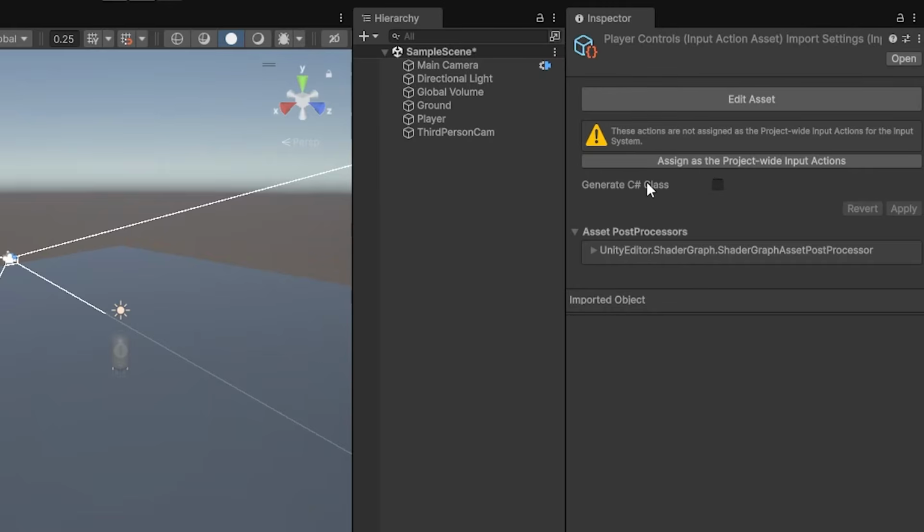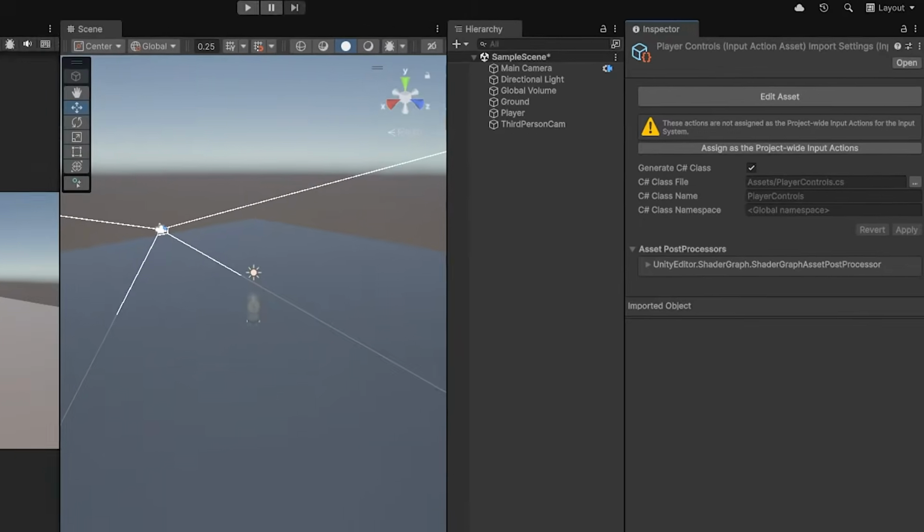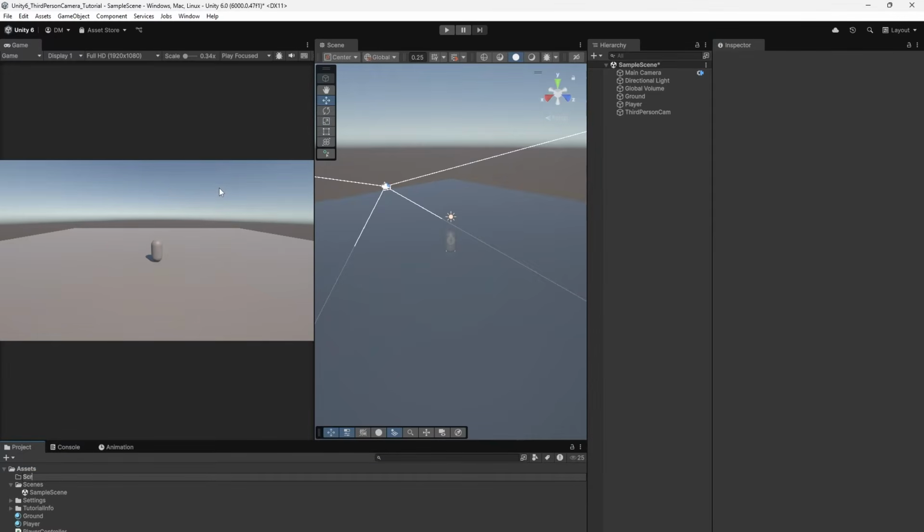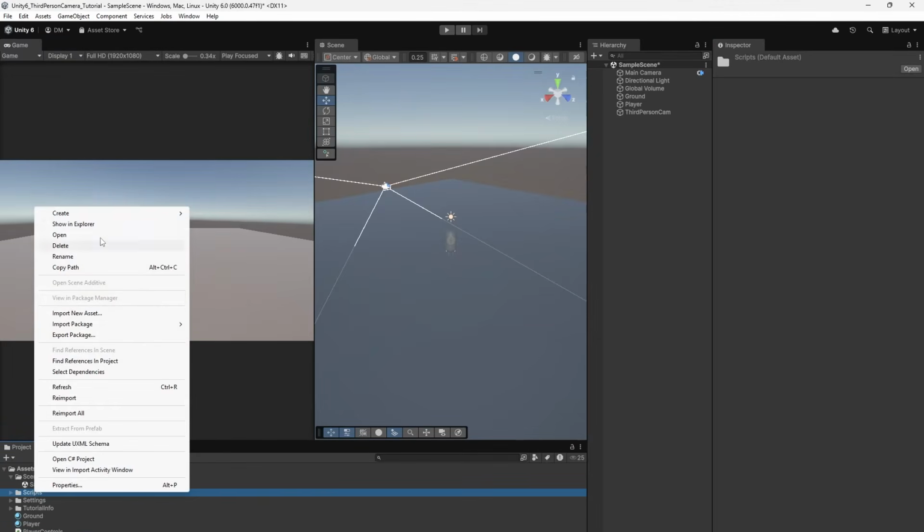Instead of using Unity events as we did in the input tutorial previously, I'm going to generate a C# class. So with your Input Actions asset selected, go to the Inspector window and check the Generate C# class box, and then hit Apply. So now I'm going to create a new script, but before that I'll create a folder for scripts. So in my project window, I'll right click on Assets, Create Folder, give it a name Scripts, and then I'll drag in my previous script, Player Controller, into the Scripts folder,